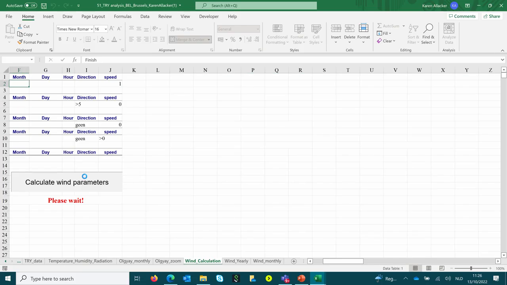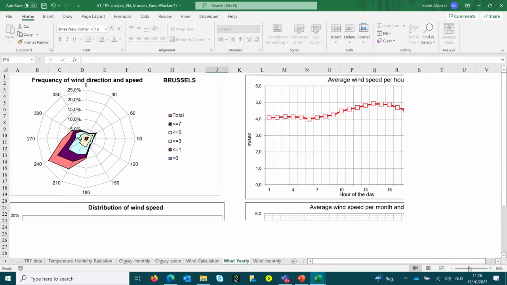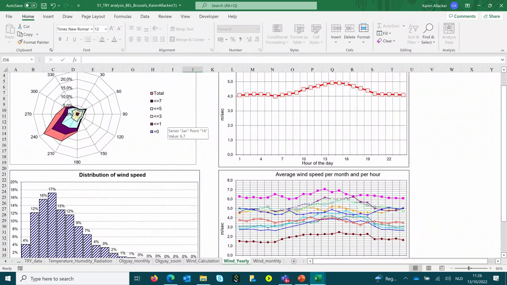So you see it's still working. And then when it's finished, the finished bar will be there again highlighted, and then you go to wind yearly, and then the data are there. Typically, you have the graphs as I've shown, so the yearly wind speeds, the direction and the speed, the distribution of frequency, the distribution on a yearly basis of the speed over the day, and then